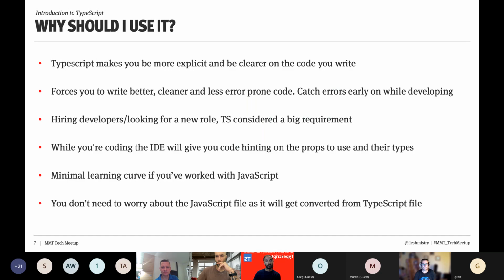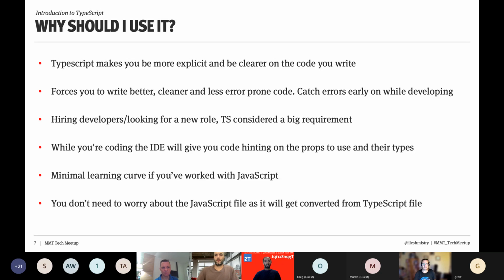So why should you use it? I feel there are a lot of reasons, and probably more than these. TypeScript makes things more explicit, and you can be clearer on the code that you need to write.